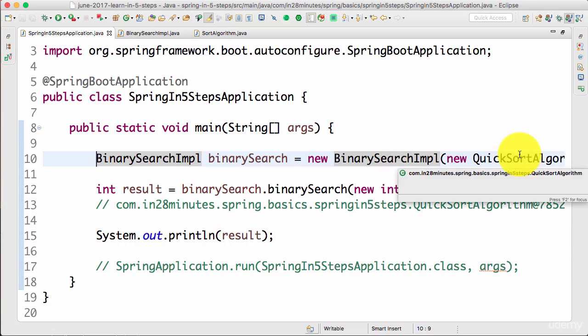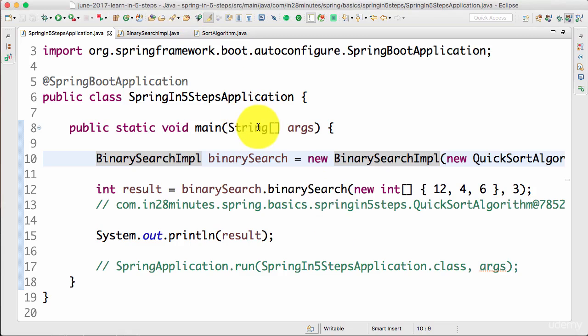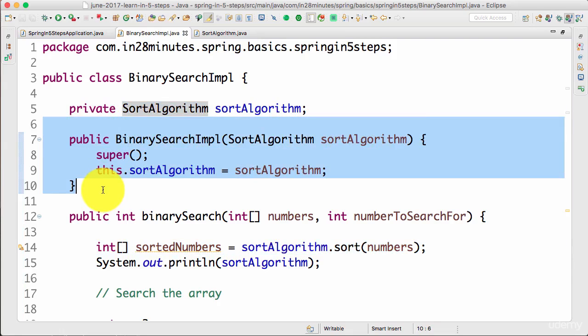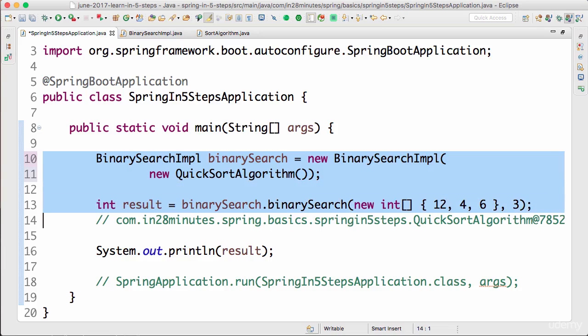SortAlgorithm is a dependency of the binary search. So binary search depends on the sort algorithm. We are making the sort algorithm a separate dependency and we are passing it in to the BinarySearchImpl. I still have to create the instance of BinarySearchImpl, create an instance of the quicksort algorithm and pass it in. Is there a way I can avoid doing that?